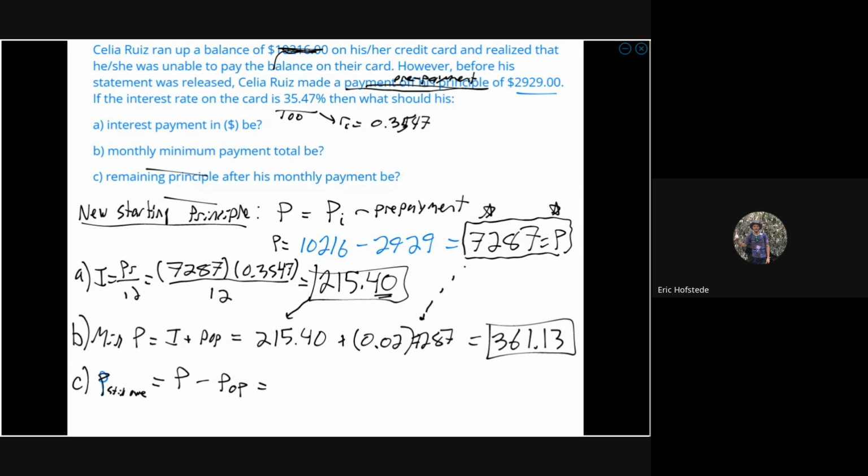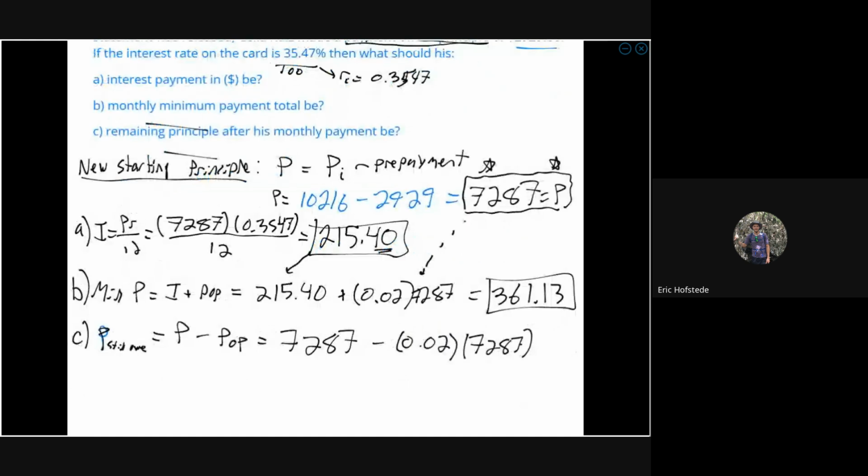what do we got? Starting principal, 7,287 minus 2% of that, 7,287. All right, so if I throw that in the calculator, as a little shortcut you might want to use, you could just multiply 0.98 times your balance owing. If you're working with the percentages, you know how that would work. If not, just keep doing it as I showed you. This is going to give us